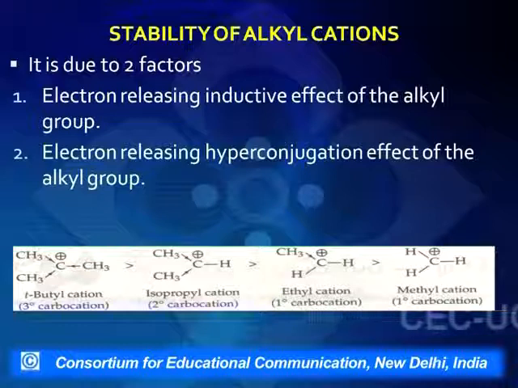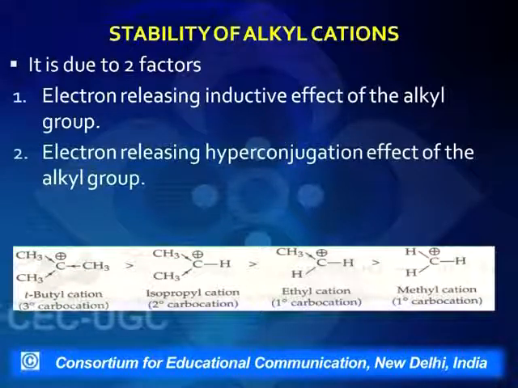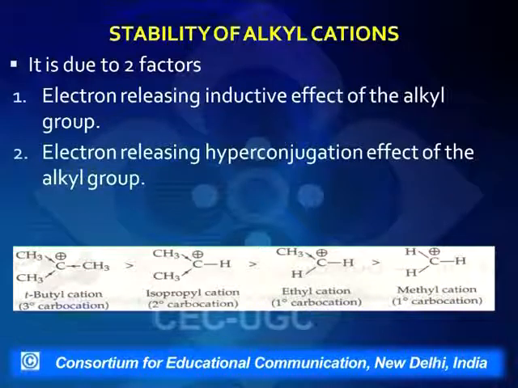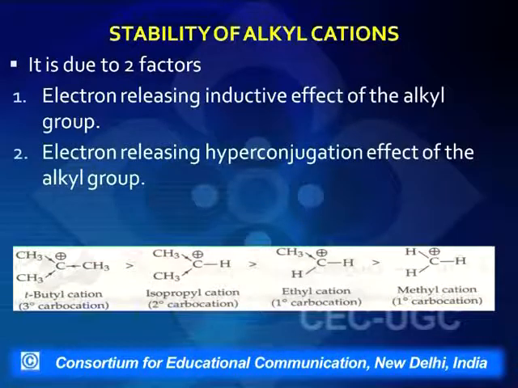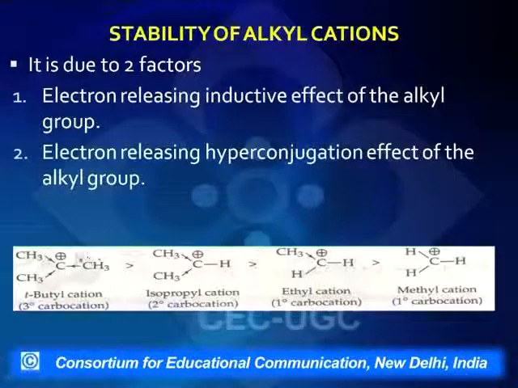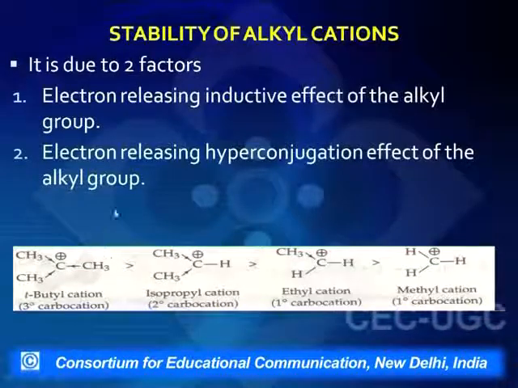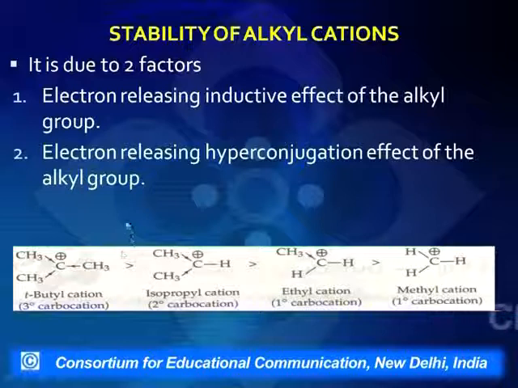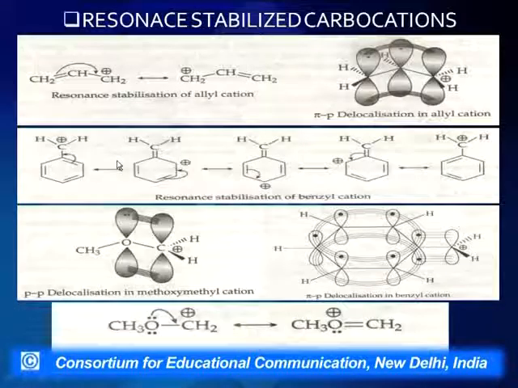And the second thing which we have to take into consideration is the hyperconjugative effect. The more the number of alpha hydrogens, the more will be the hyperconjugative effect. If we look into the first example, it has 9 alpha hydrogens in it. And since it has 9 alpha hydrogens, so many hyperconjugative structures, this carbocation will be stable because of hyperconjugative